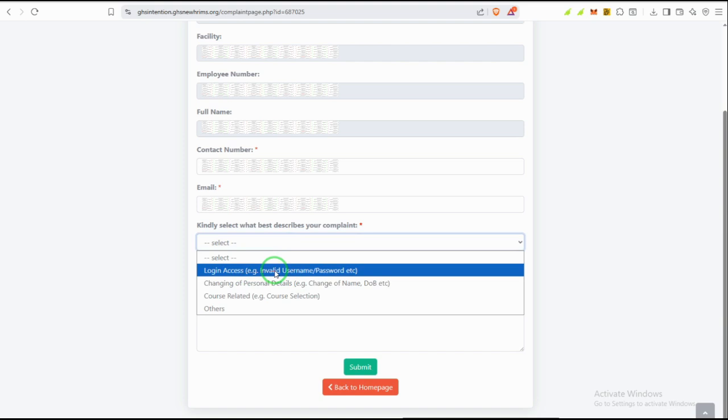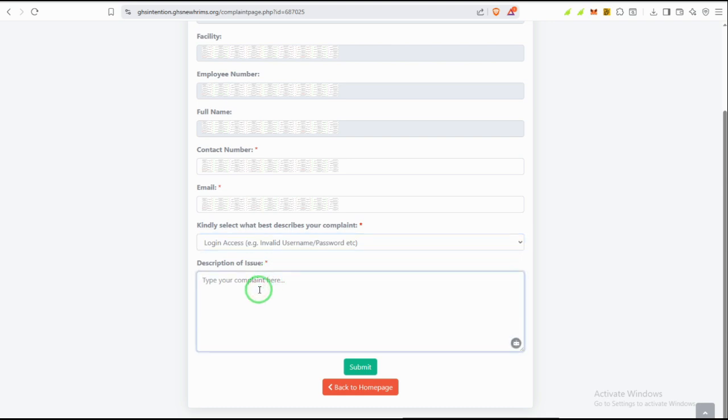So let's say you've forgotten your password and you are not able to log in, right? You're not able to log in. This is what you do. You just select this. Then you come here and explain what the problem is. Because let's say you've forgotten your password or you can't log in, you don't know what the problem is coming from. You just write